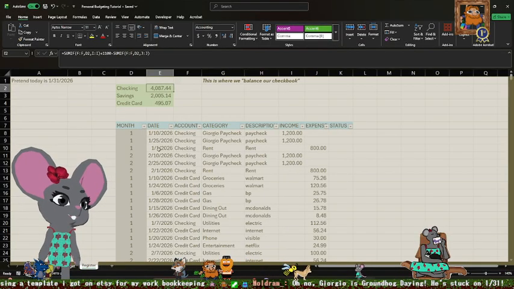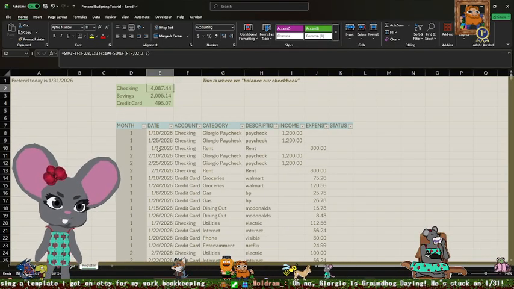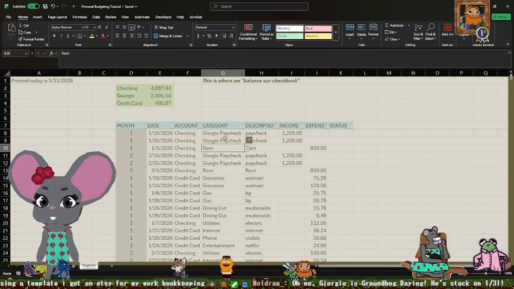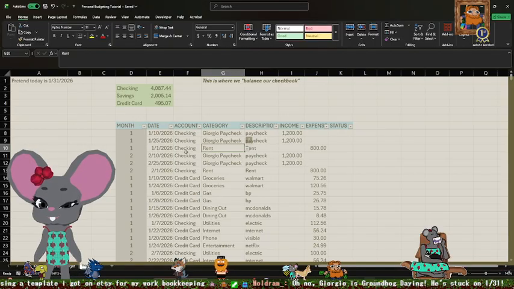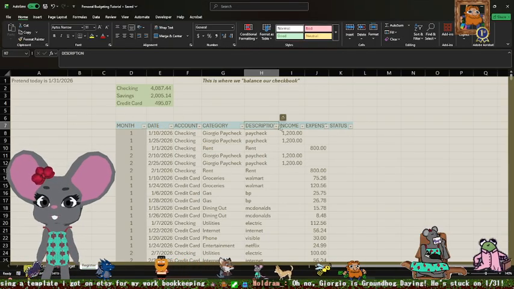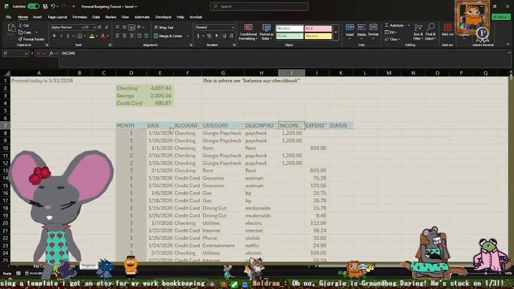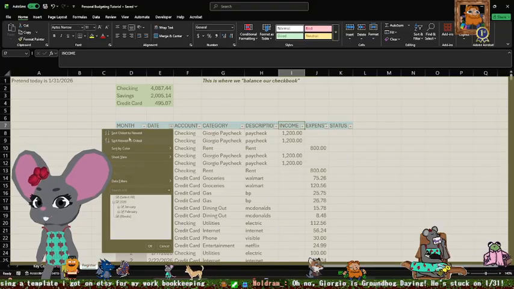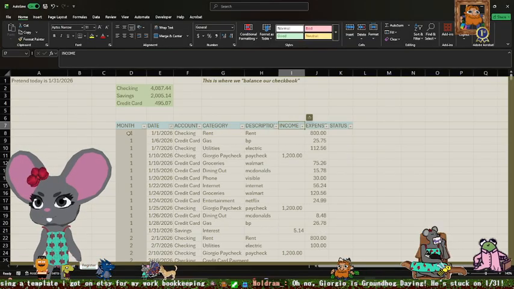Giorgio's Groundhog Daying. He's stuck on January 31. So, first of all, we are going to sort this by date. And we had placed filters on our column headers. So we can click this little drop down here. And we can sort oldest to newest. There we go.